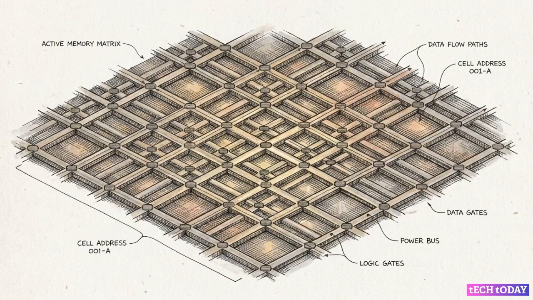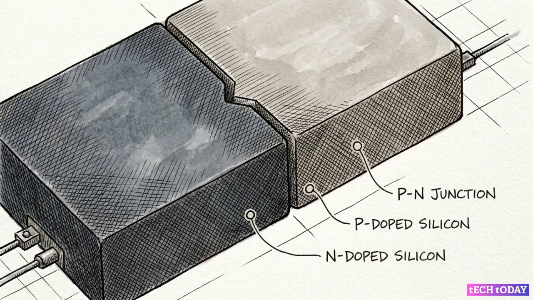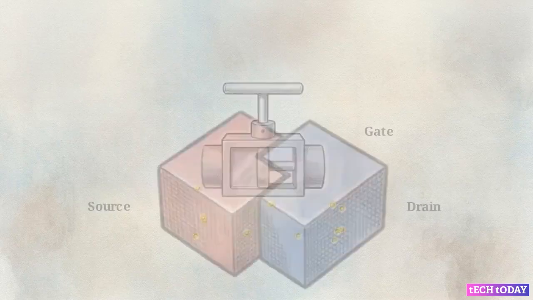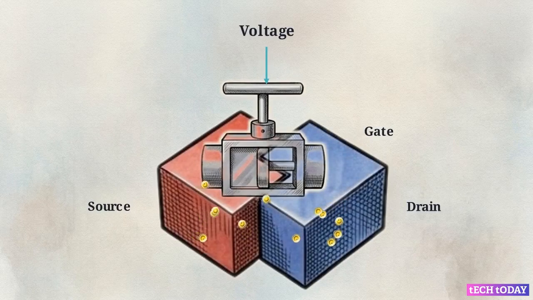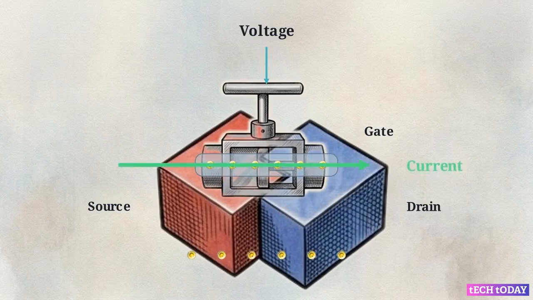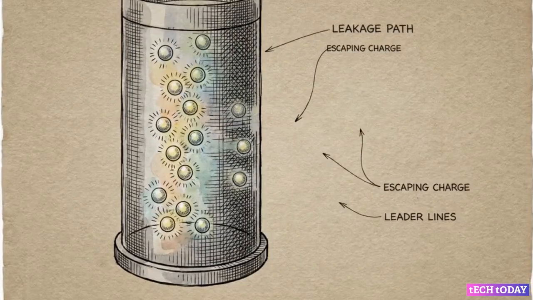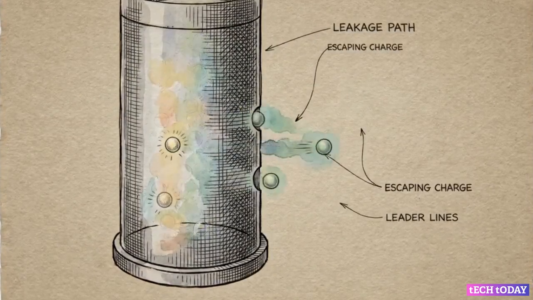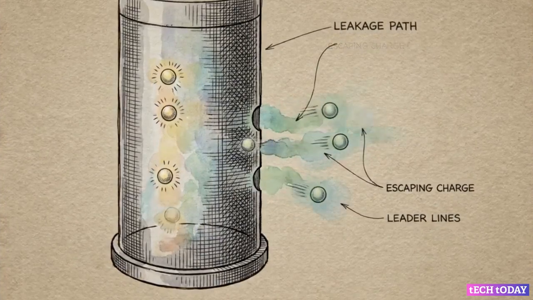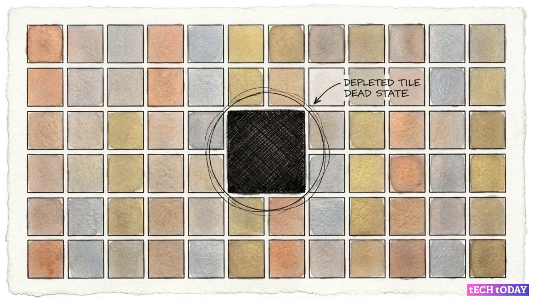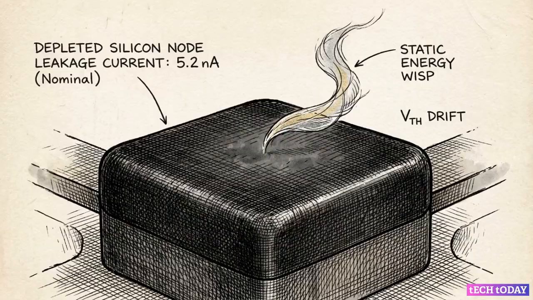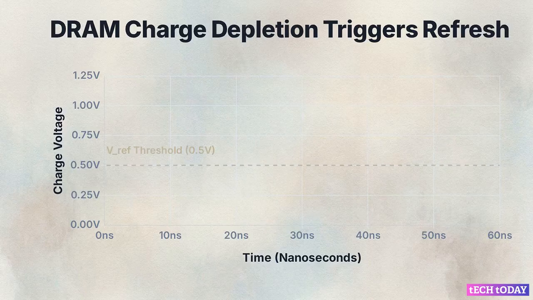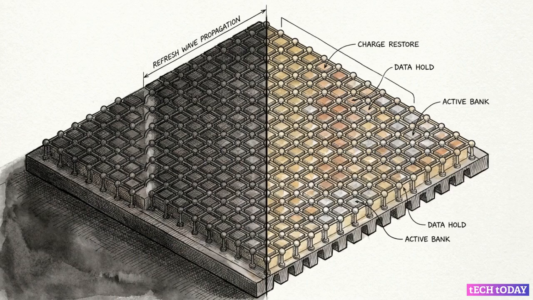To understand why it's so volatile, we have to look past the grid architecture and examine the semiconductor physics happening at the p-n junction. Applying a voltage to the gate of a transistor forces electron hole pairs to migrate. This physical movement creates the channel that allows current to flow. But solid materials at this scale are imperfect. The capacitor cannot hold its charge indefinitely. Electrons slowly seep out, creating leakage current. Left alone, the data vanishes. This leakage is why the memory is called dynamic. The system has to constantly read the fading charge and rewrite it, refreshing every single cell every few milliseconds to